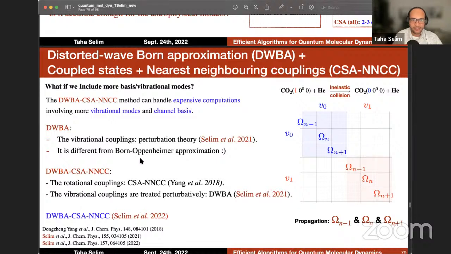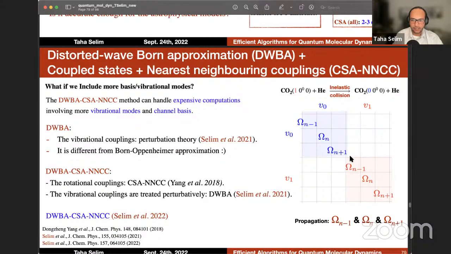And that one is really different from the Born-Oppenheimer approximation. So it is another work. Born had a lot of works to do, and one of them was using the vibrational couplings. And if we combine this with the enhanced version of CSCA, we can treat the rotational couplings